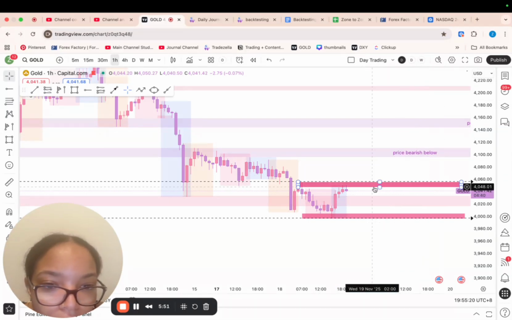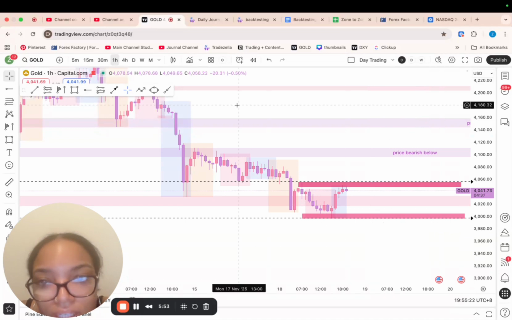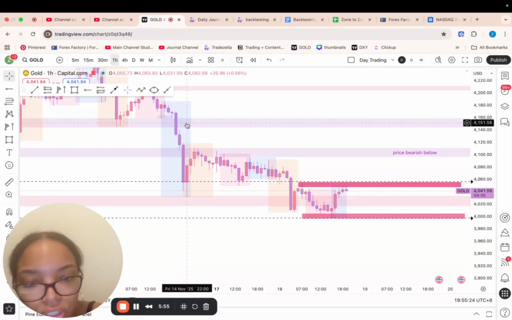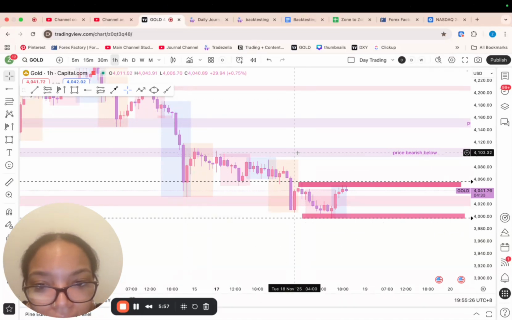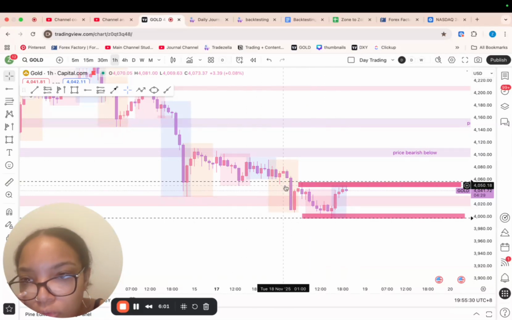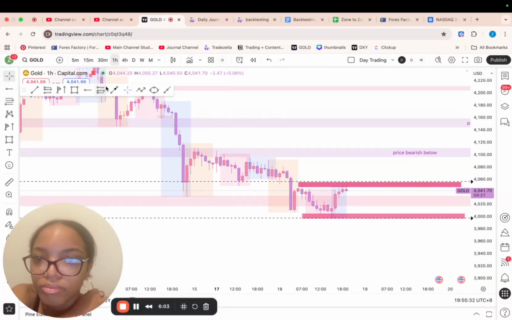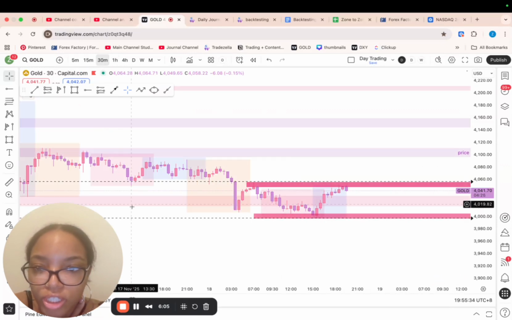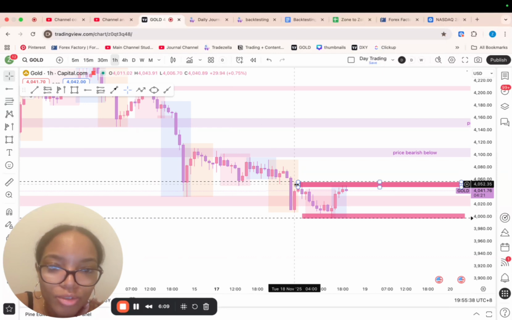So I just want to see, is price going to break here, or is it going to break below here? And I want to see a new indication. If price is going to give me a bullish indication, I actually want to see it break out of this area, because this is not smooth price action. It's pretty choppy in my opinion. Obviously it's trickling down, but it doesn't look nice. It does not look nice.